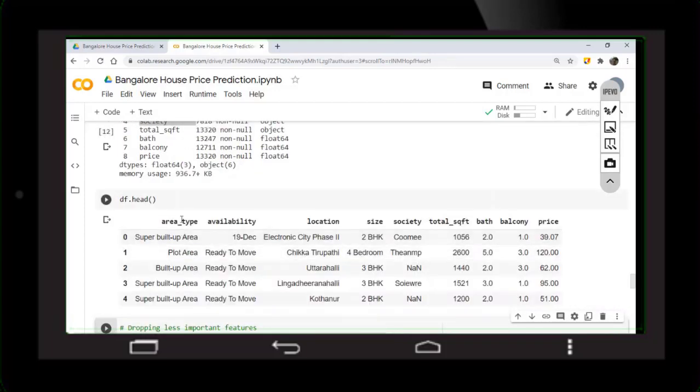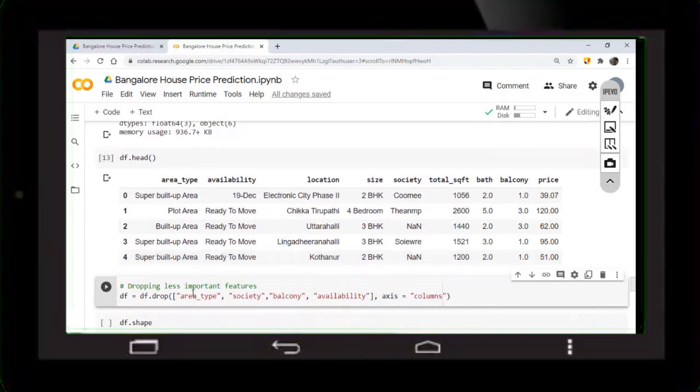So area type is not very important to us to predict the price, and the society is also not very important, and the availability is also not much important because the price will be the same if it's available tomorrow or after 10 days. So let's remove a few not so important columns. So we are removing area type, society, balcony and availability. Let's run the cell.